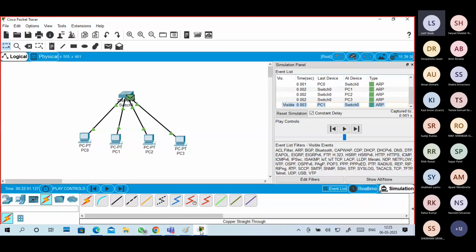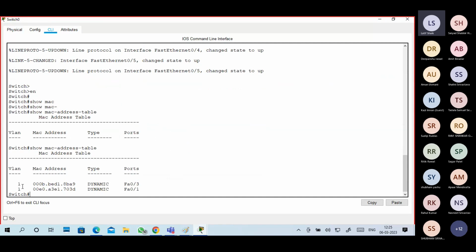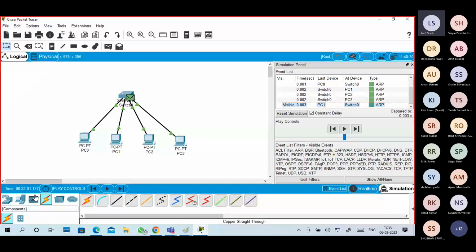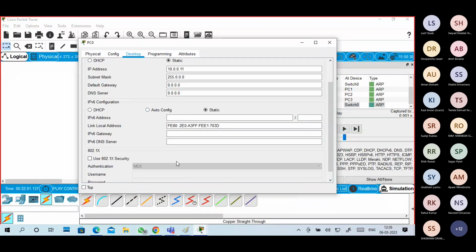Okay, wait, we forgot one thing to check: the MAC address table. It already learned two entries. This is the MAC address of the first device, 00E0 A3E1 703D. I will check its MAC address.